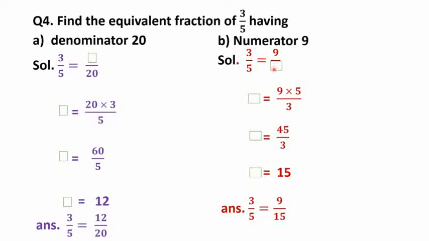So let us take this box this side, and this 3 will come down and this 5 will be multiplied by 9 when we are interchanging by cross multiplying the values. So we will get 9 into 5 divided by 3. Then the value of this box will come. So 9 5s are 45, divided by 3 will give you 15. So 3 by 5 is equal to 9 by 15. The denominator we got here is 15, the value of the box. So the equivalent fraction of 3 by 5 is 9 by 15.